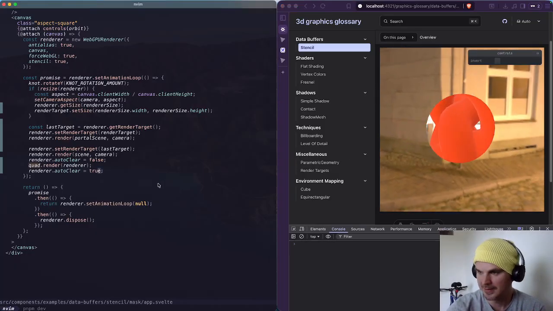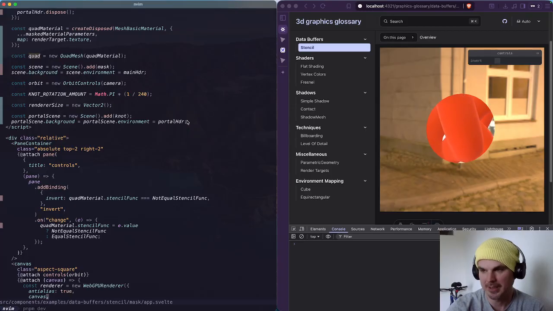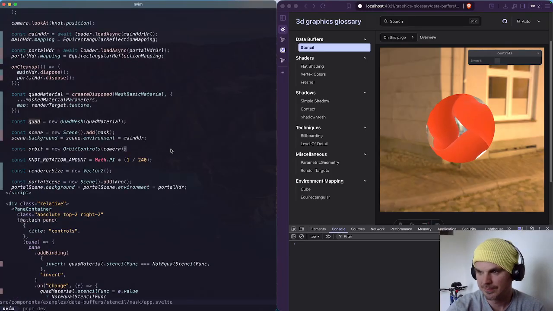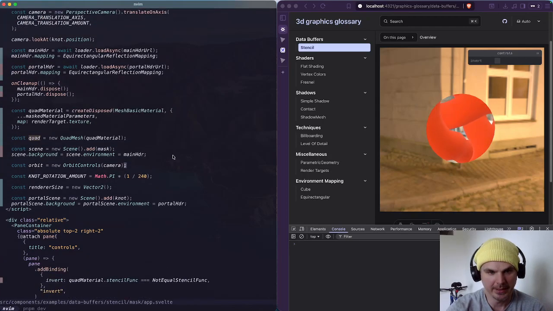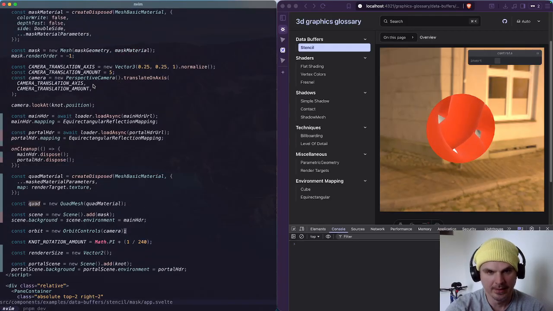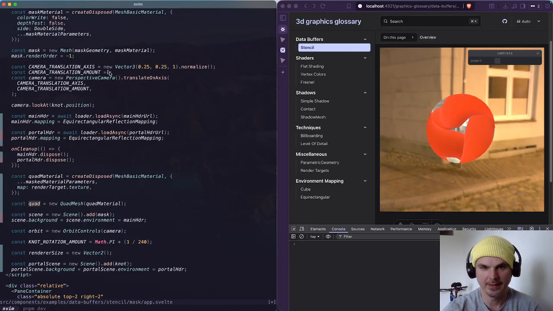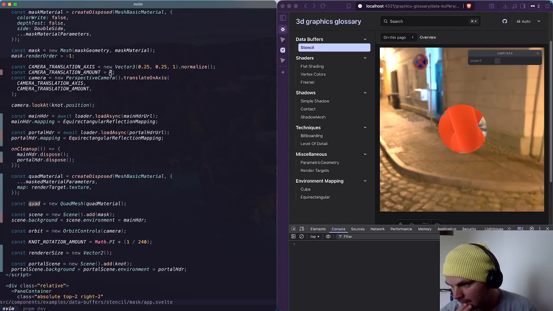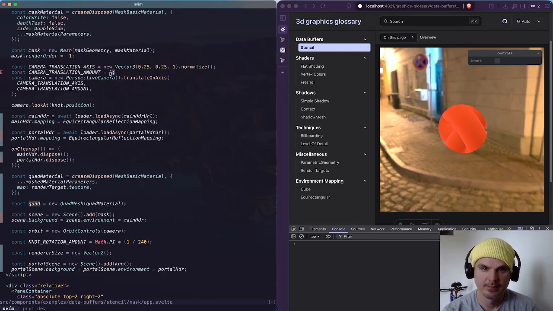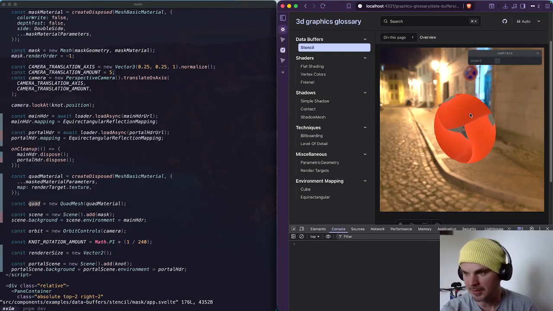Let's push this. I don't know, what should we do? Maybe push the torus knot backwards a little bit? Or maybe we can push the main camera. Let's play around with it now. Set this to 7. And to make this more obvious,